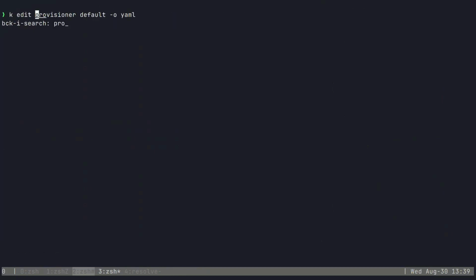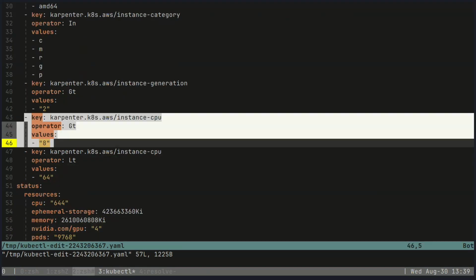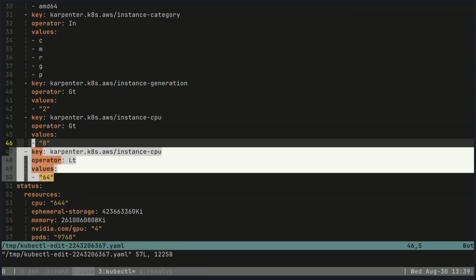So one last thing we're going to try here is we're going to edit our provisioner, and we have this greater than 8 cores, but we're also going to say an upper bound of 64 cores, because I don't think I want a node that has that many pods on it, just for blast radius. Originally we had over 180 nodes, and without this upper bound, we went down to 25. Both of those numbers are kind of extreme for the size of our cluster, so we're going to go ahead and constrain it a little bit. So we'll get things that have 12 cores, 16 cores, 24, all of those things are great. We'll put them in the middle there, and these should end up with maybe a few hundred pods on it.